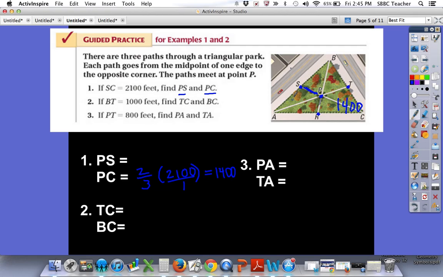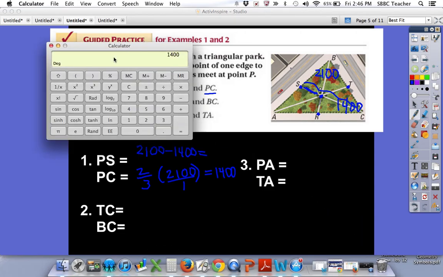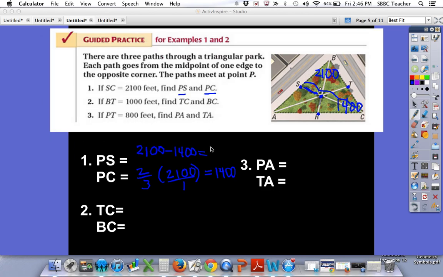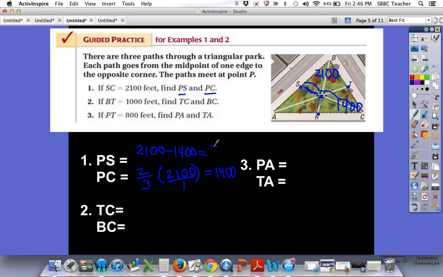Well, we know the whole thing's 2,100. This larger piece is 1,400, so what's left? We have to do 2,100 minus 1,400, and that gives us 700. So this smaller piece here is